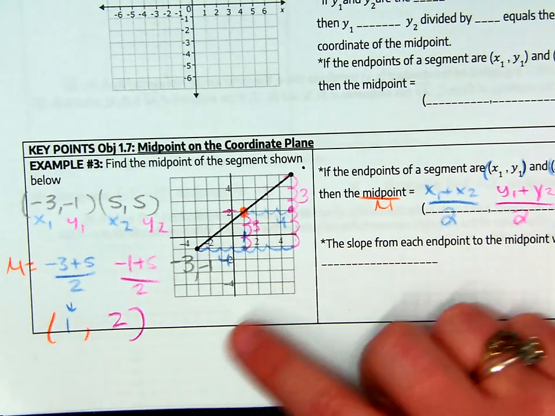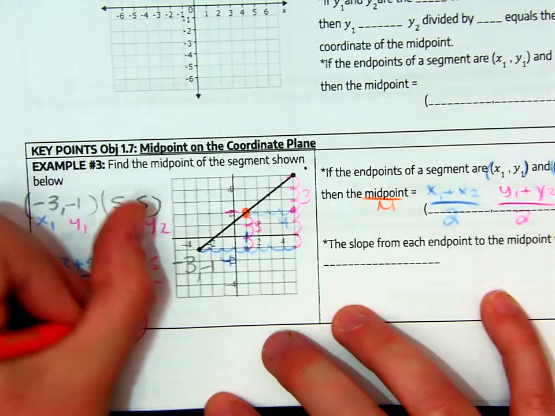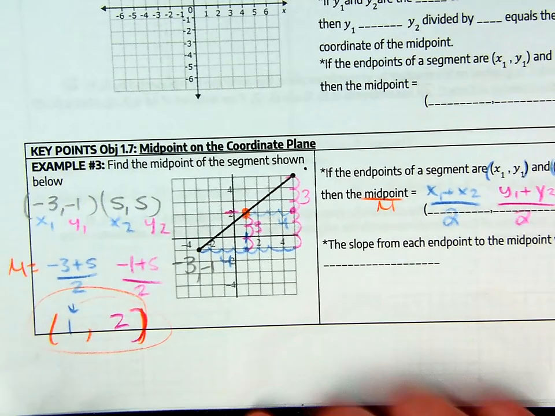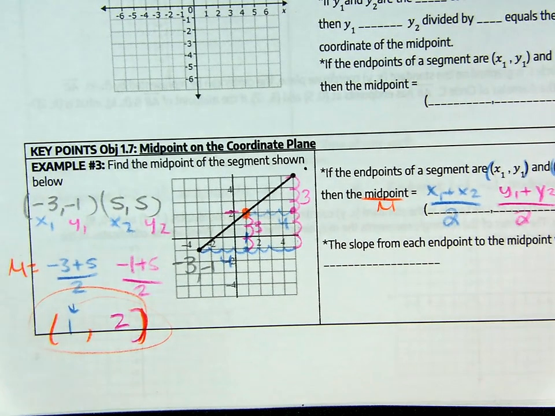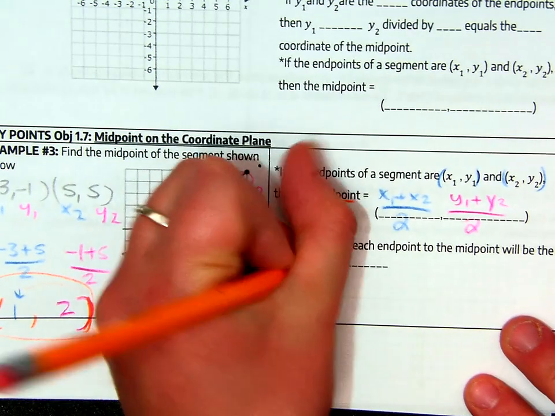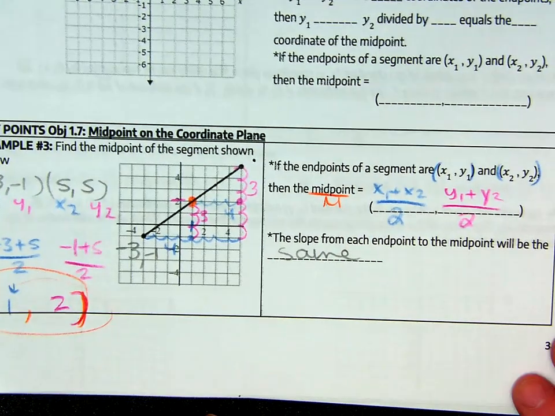So, a different way of finding the same thing. I found 1, 2 by counting over here, or I could do it using the formula. Okay? So you get to pick which way makes sense for you. Okay? Last thing I'm going to show you is